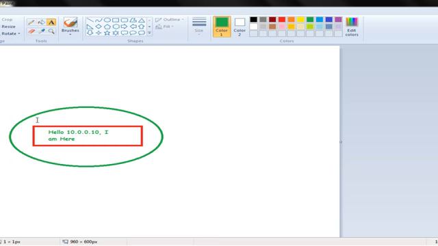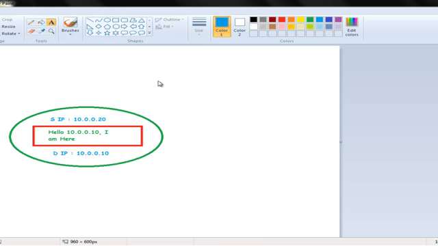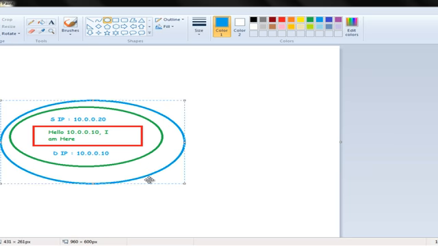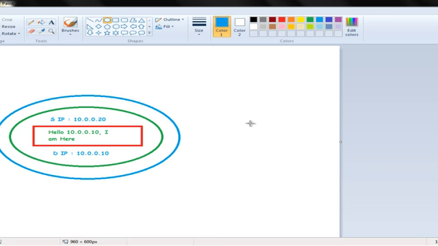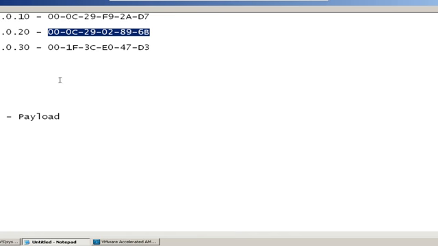Now, to whom is the data going to be sent? Source IP is 10.0.0.20, and then destination IP is 10.0.0.10. This is filled. Immediately layer 2 is going to be constructed. In layer 2, source and destination MAC addresses are going to be filled. Do we know the source MAC address? Yes, I know the source MAC address. 10.0.0.20's MAC address is